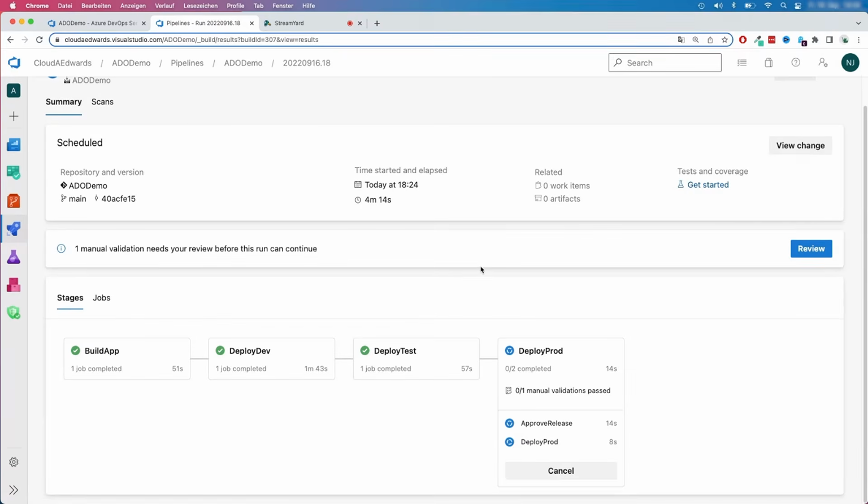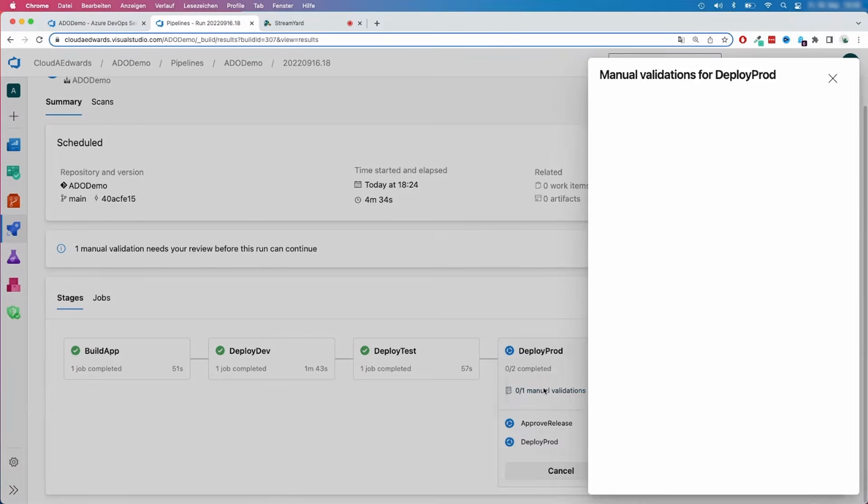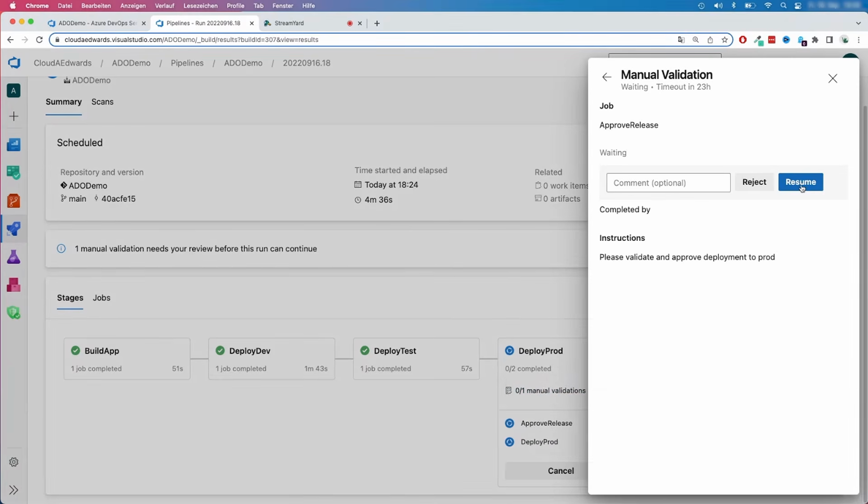All right, so as you see here, the deploy dev and deploy test stages were executed successfully. And once it got to the deploy prod stage, it now is actually waiting for the manual validation. And you see here, it says 0 from 1 manual validations passed. And if I click directly inside, it will actually show me the pop-up where I can either reject with a